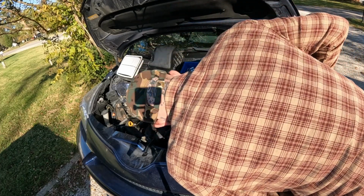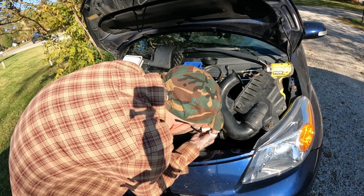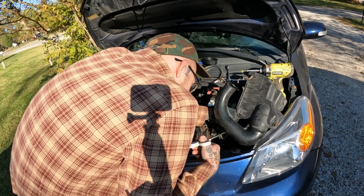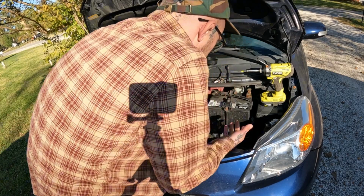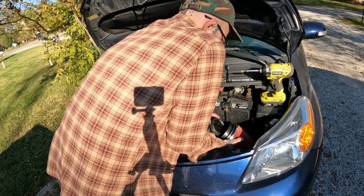Oh, okay. I need something to cut this wiring with. Not cut the wiring, but cut the factory zip tie that's holding the wiring in place. Okay, goodbye airbox. All right, and then I'll zip tie this wiring up out of the way. I think we got enough room over here now. Can a guy get...